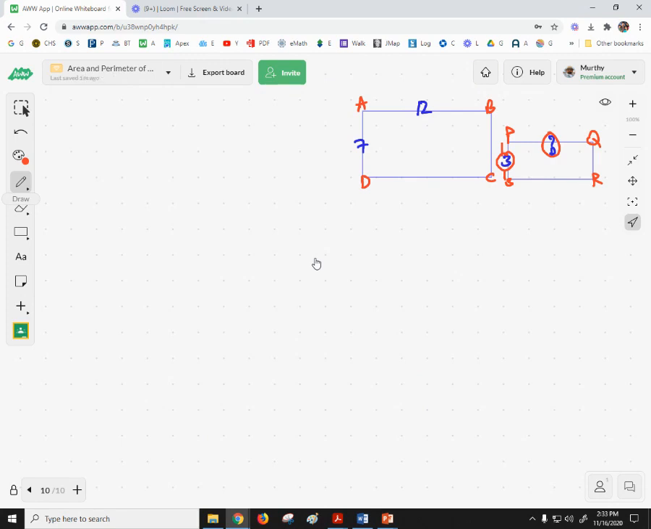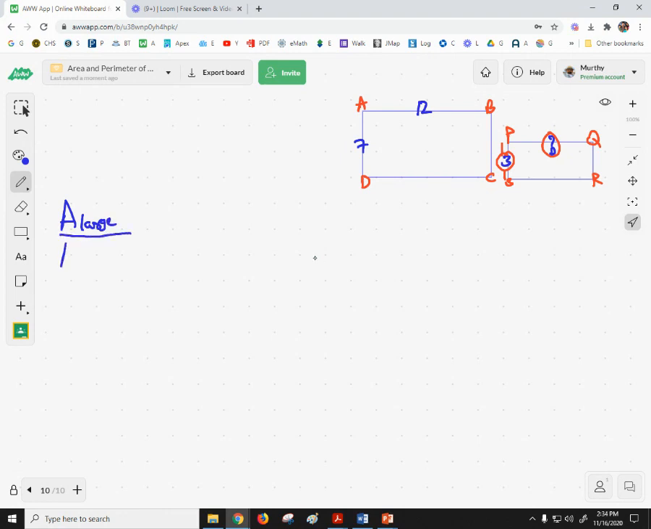You have been given two rectangles. For one rectangle the measurements are given, and for the other rectangle not even one side is given. You are asked to find the area of this one. So area of the large